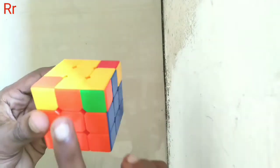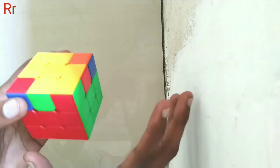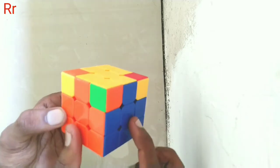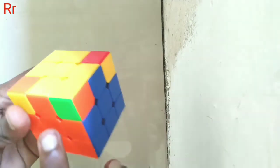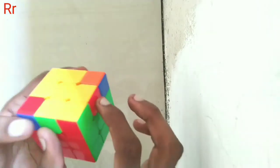Once you have done this step, you can see that you got two nearby centers and the other two centers are opposite. That's not a problem. You got two nearby correct centers. Once you got this, then it is really easy to solve the cube. Once you got this, you have to place the